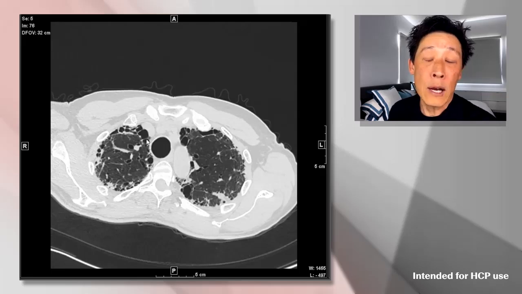Here we can, right off the bat, see honeycombing. We see these abnormal cysts that range in size anywhere between 3 and 10 millimeters, but can be larger. And most importantly, we see that the center of these cysts is air density, approximating that of even the air within the trachea in this case.